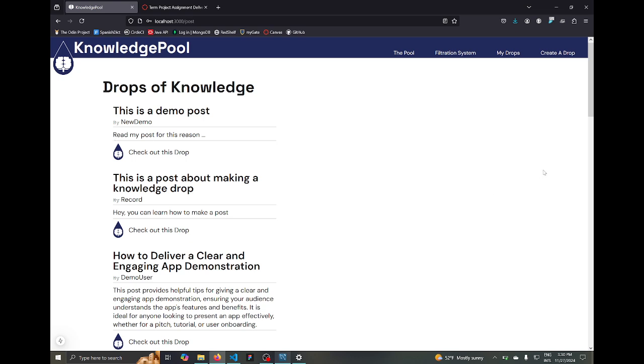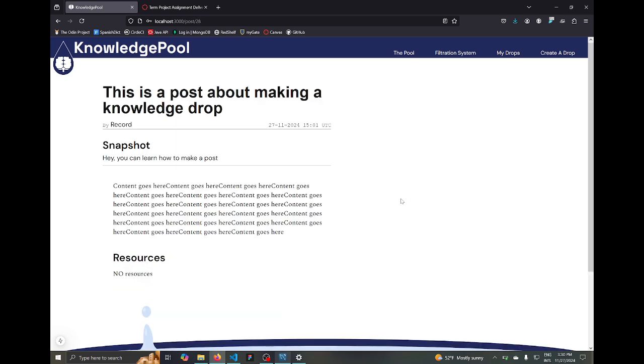In the future, I want an ability to like posts, and then a trending section that would show the most liked posts from the past week or the past day or something like that over here, and the ability to reply to posts is also another feature that I would like to add in the future.